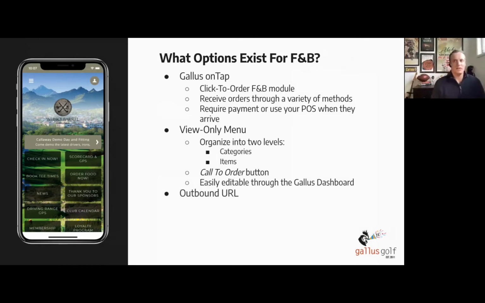The last option is an outbound URL. So we can put a button in the app for like F&B, quote unquote. We can take it to any part of the internet, I guess, if you will. You can put it like on your website. You can put it to go to